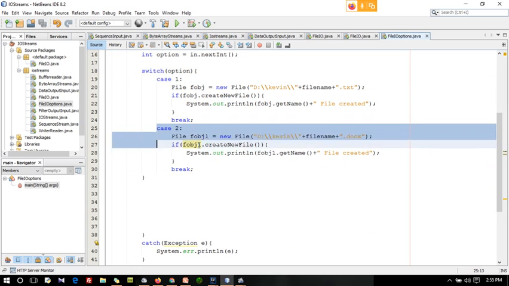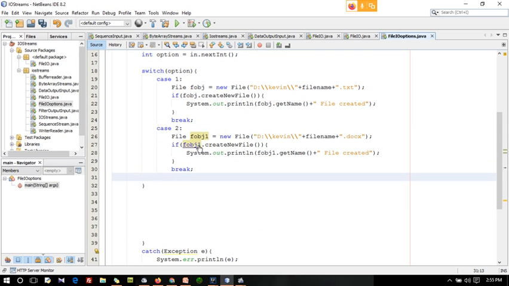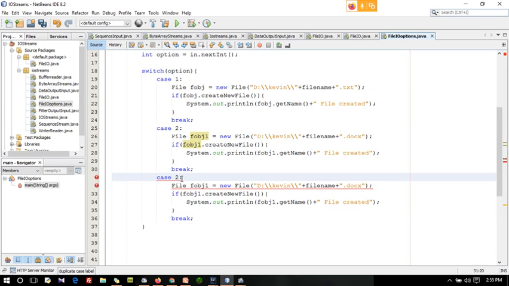And then for case 3, obj2, here also obj2, and you can give pptx.